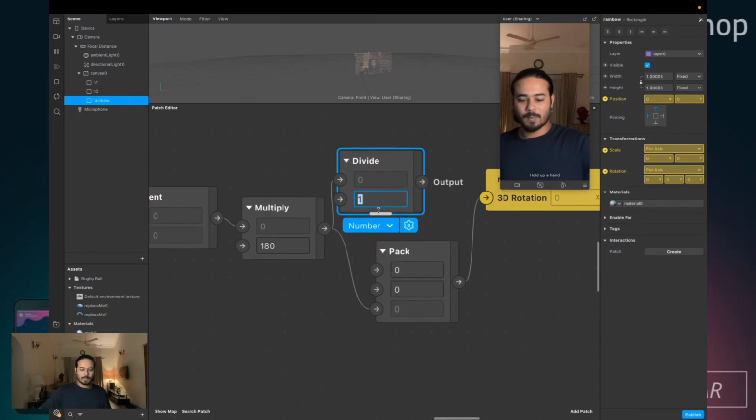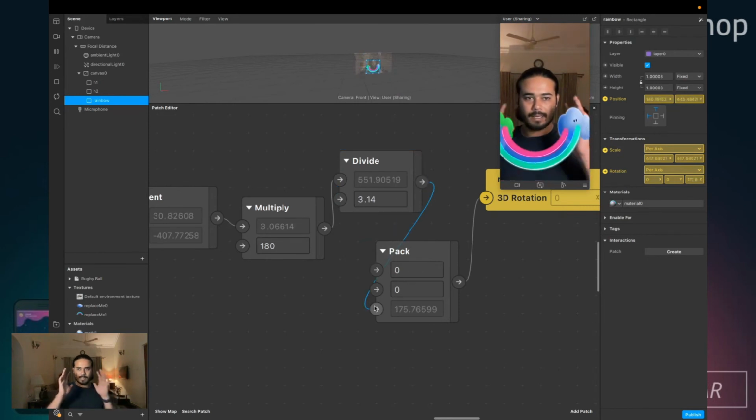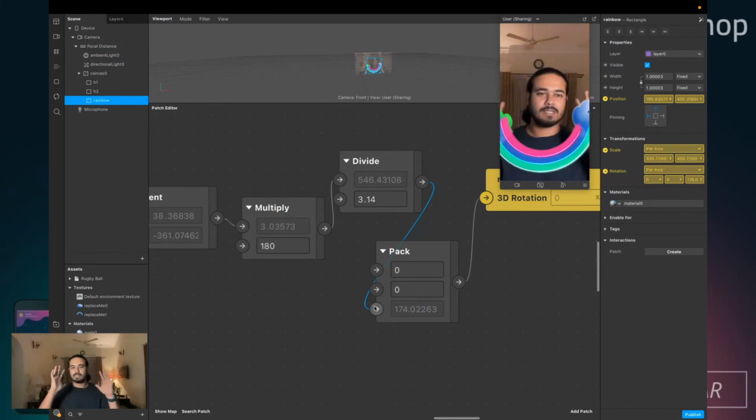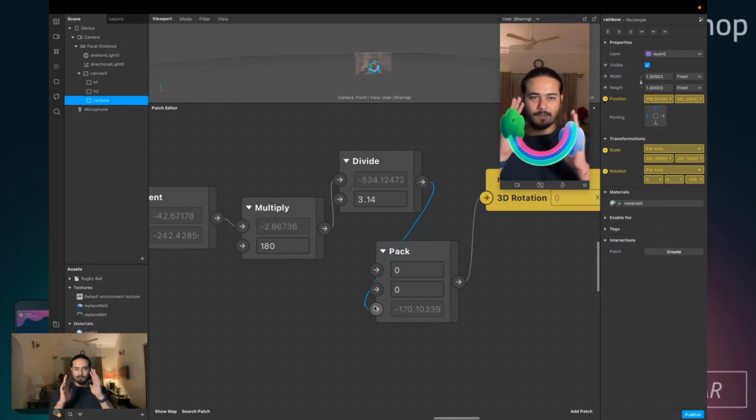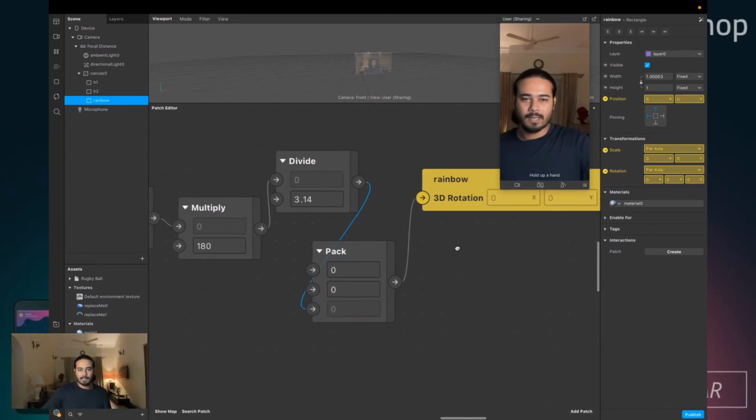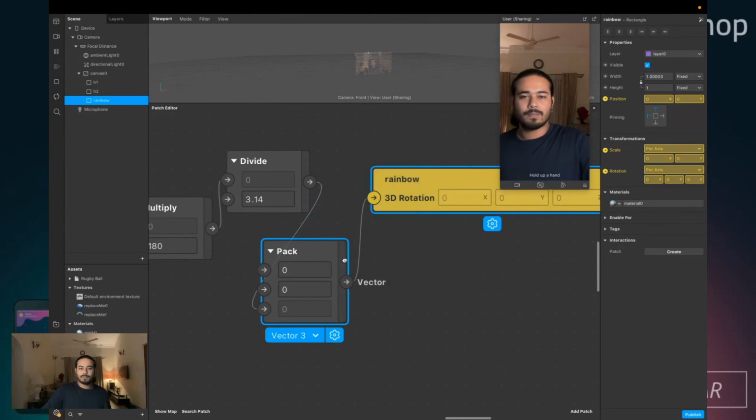So pi is 3.14. We divide it with pi. Now you'll see that the angle is okay, but it's not working correctly yet. But first of all, we want this rainbow to go up. So to go up, that means